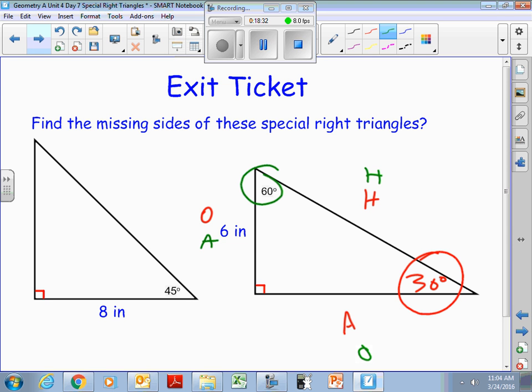So, let's see what somebody knows. Anybody know the pattern on the 45? What am I putting on either side, on all the sides? Alright, anybody know the pattern on the 30, 60, 90? Shorter side is 6, we double it, and then the A would be 6 and right 3. Take a look at it, see what she said. Now again, even if you don't know it, you can just